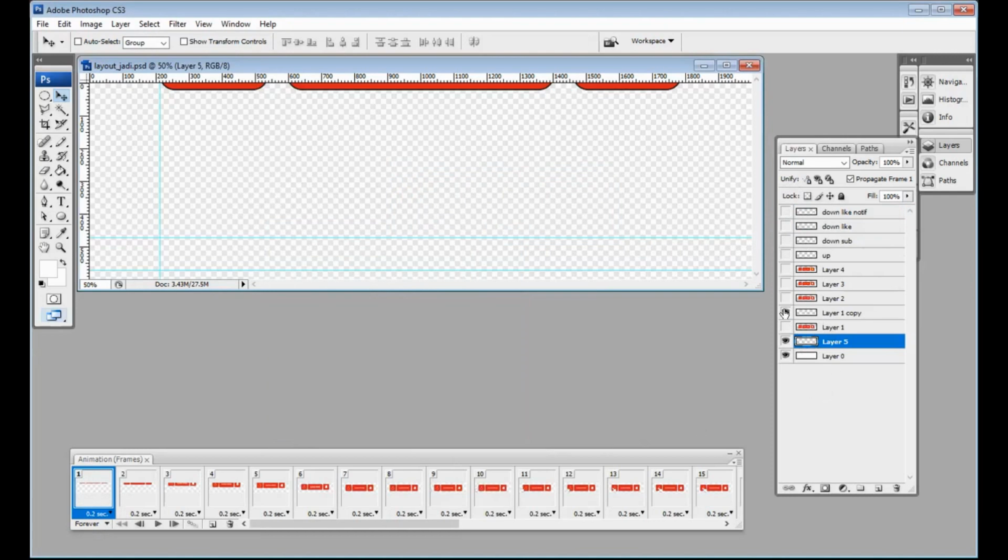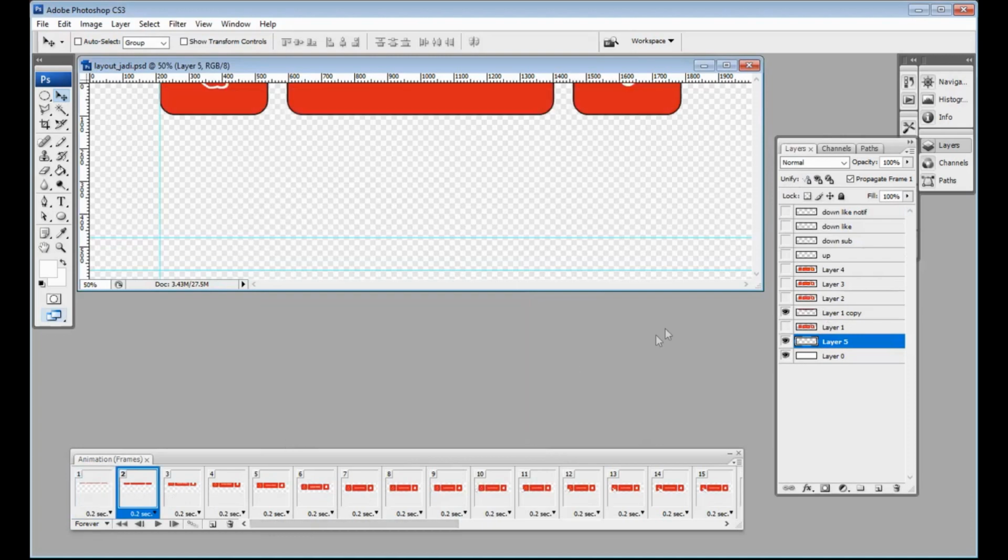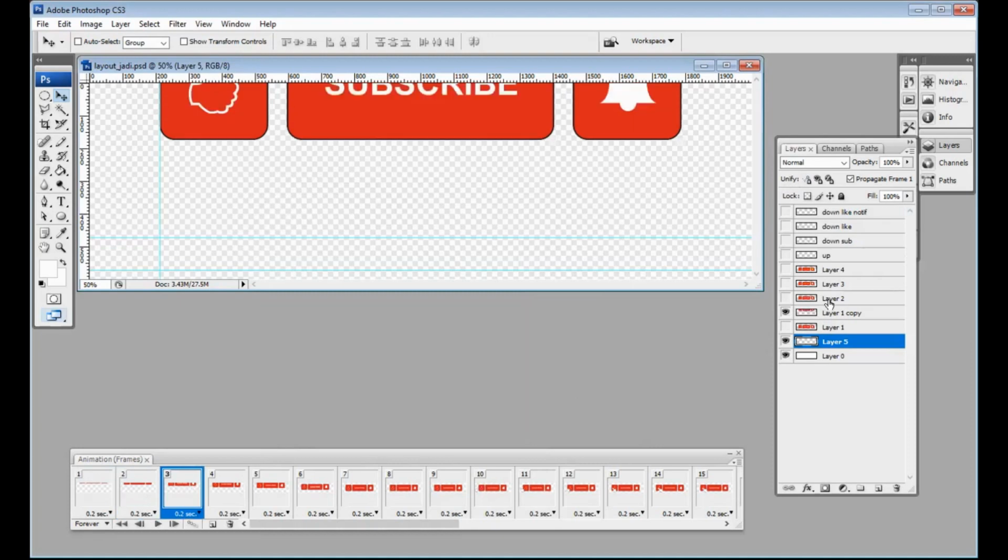I displayed several layers, and frame number 2 here, and number 3 here. I use the position tween animation frame facility.